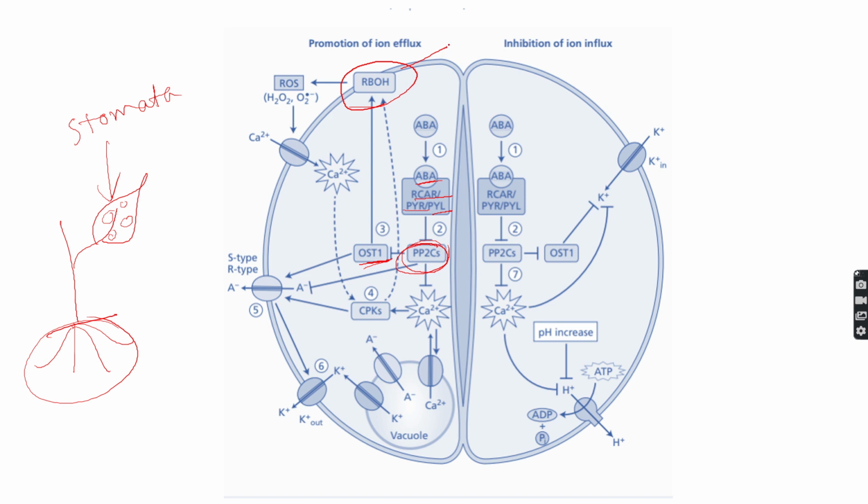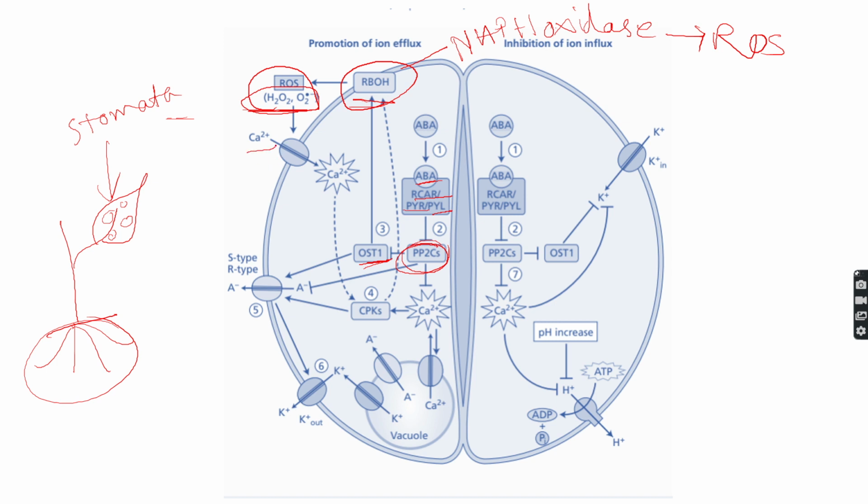OST1 is a kinase enzyme which, through phosphorylation, activates RBOH. RBOH is an NADPH oxidase enzyme which produces reactive oxygen species. Here we can see the reactive oxygen species produced by this RBOH. Now this reactive oxygen species is helping